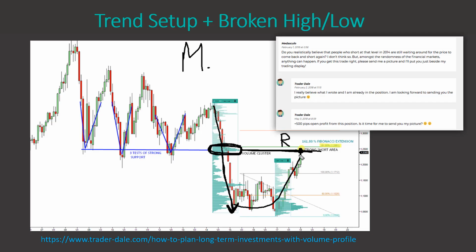It doesn't matter. And this was a resistance, so go short from there. Now, apart from this volume profile setup, there's also a price action setup, which I really like to combine with volume profile setups. And this setup says that